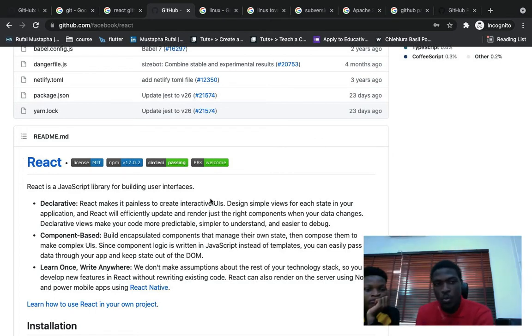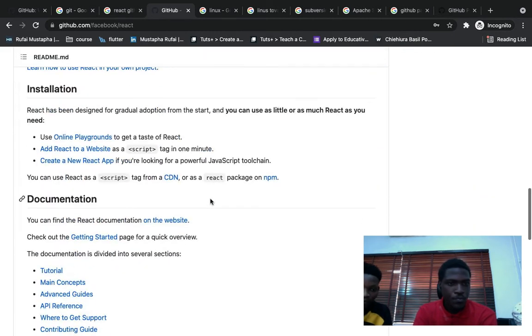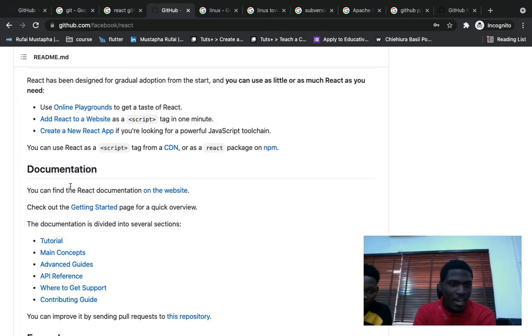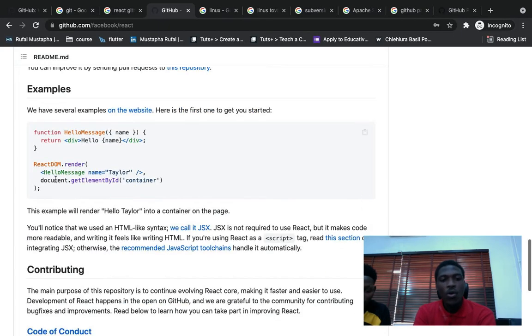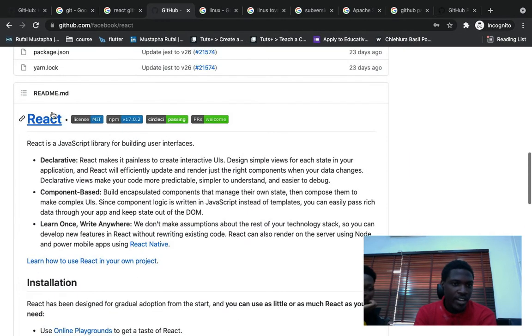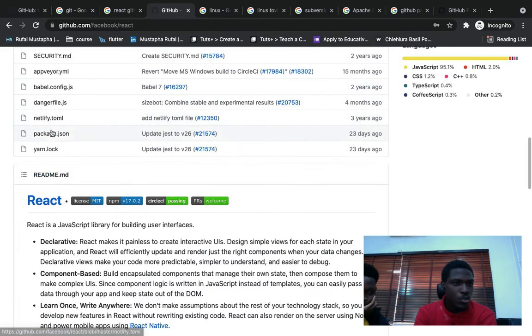Here you describe what your project is doing. What is your project about? Who are the people that are working on the project, right? So that other people can understand what this project is doing. How do you install this project on your system? Where can I see more information about this project? They call it documentation. Example, all the things that will make somebody understand what you are doing or what this project is trying to achieve. You put it inside here,